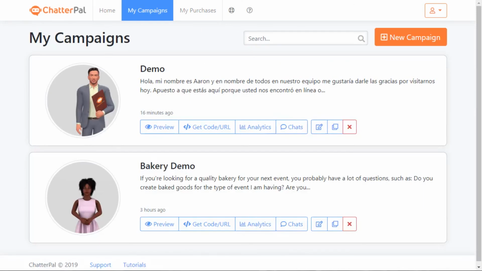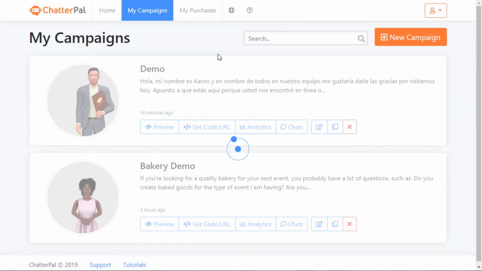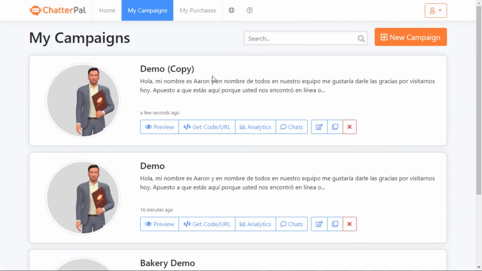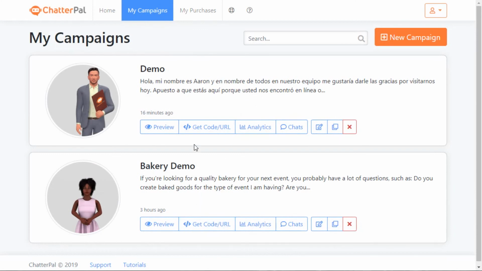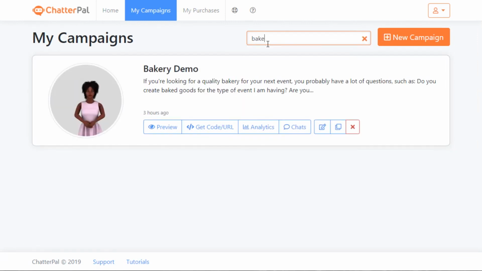Jump back. The final couple of options. We can edit a campaign. We can come back in and make changes. It starts the wizard up again. We can clone, so we can copy. If we want to make another chat that's almost identical with just a couple tweaks, this will save us a bunch of time. We have our copy. And then finally we can delete and remove it. Right now we only have 2 chats. Once this fills up, we have a nice search here so we can limit it down to only find the bakery